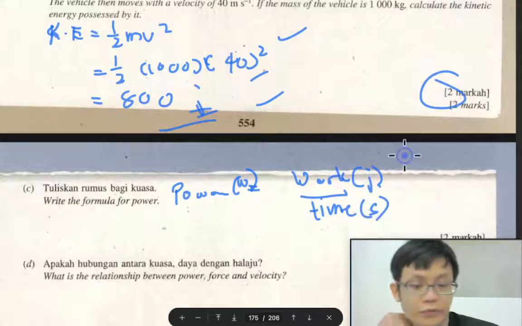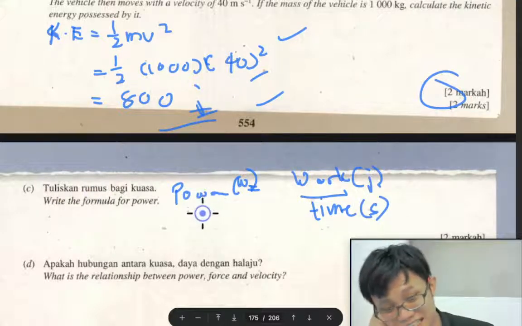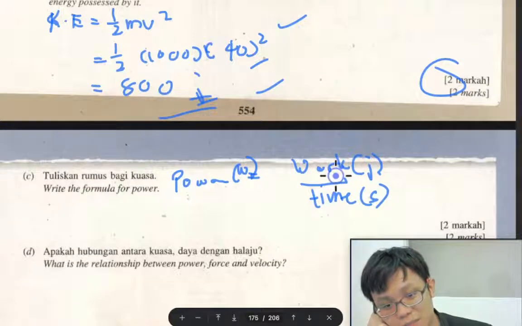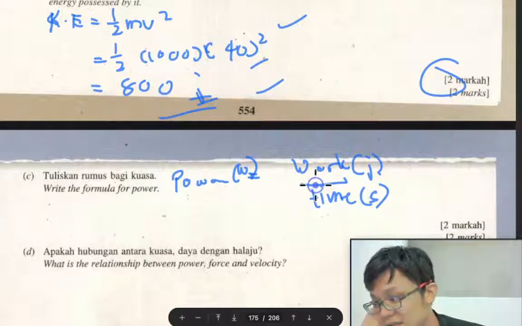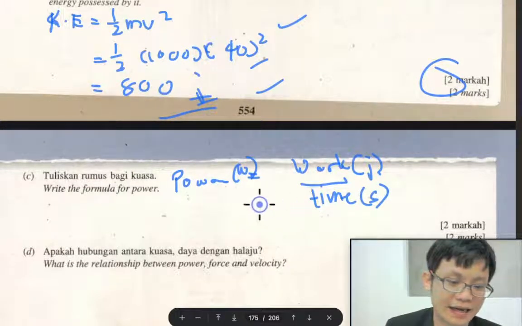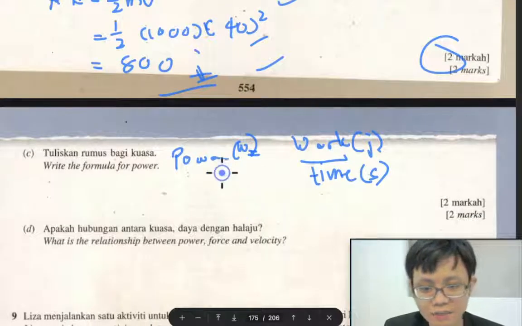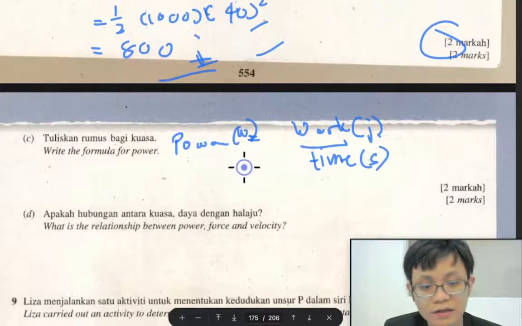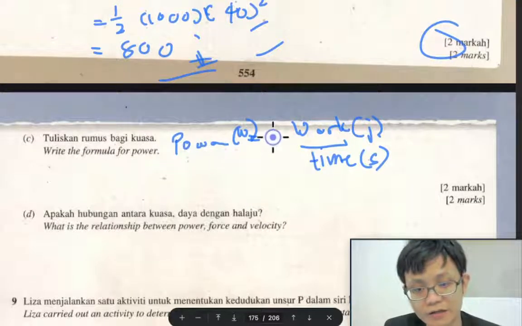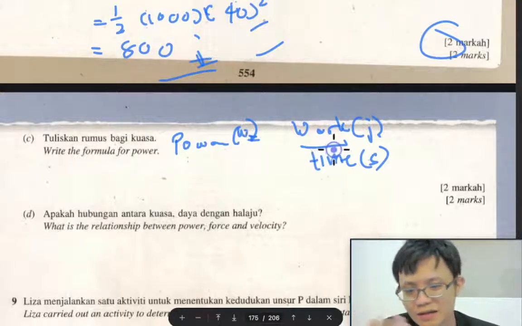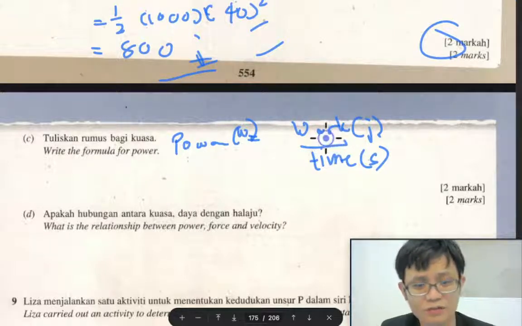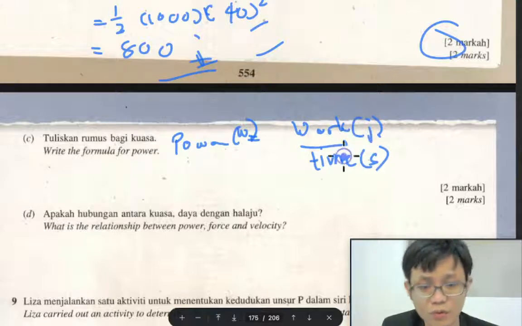But of course the book will say power is P, work is W, time is T. But I think the easiest way to remember a formula is just remember the word and remember the unit. Okay, power, the unit is W. Why you want to remember W is like watt, so I put a bracket, I just put Joule, and the